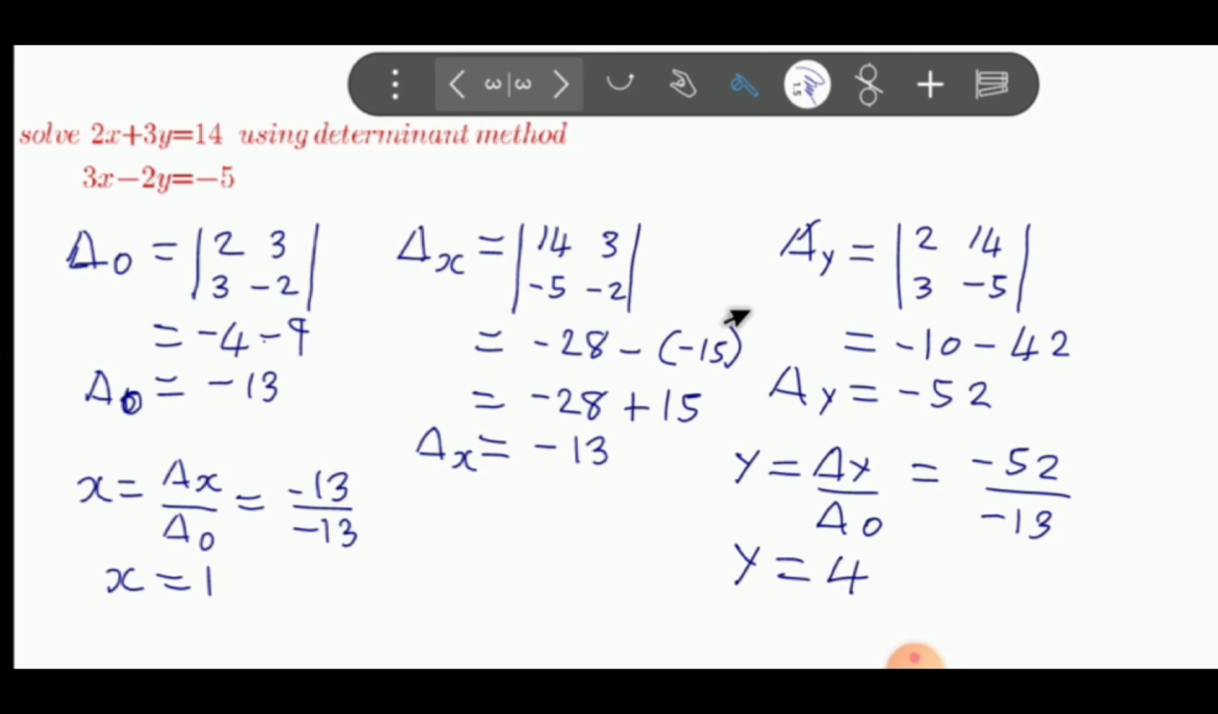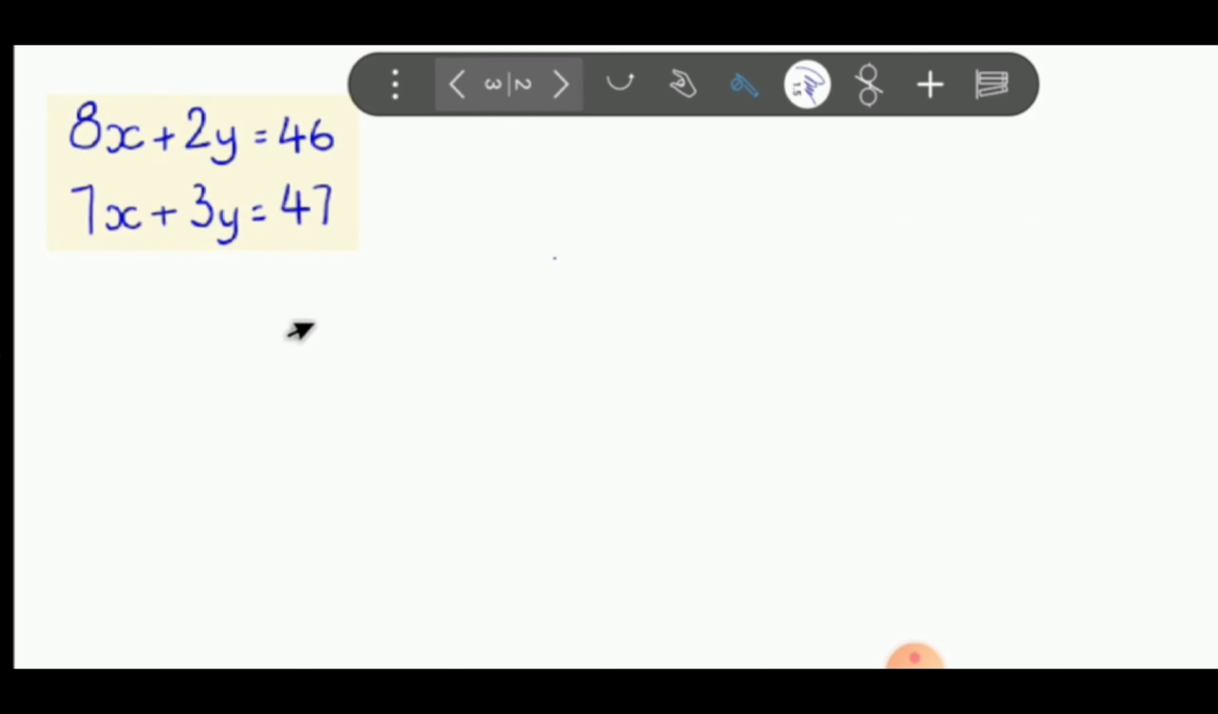So now let's look at our next question. So this is another question. I want to use the determinant method to also solve this one again. So we go like this. We can say change in naught. Change in naught will be equal to